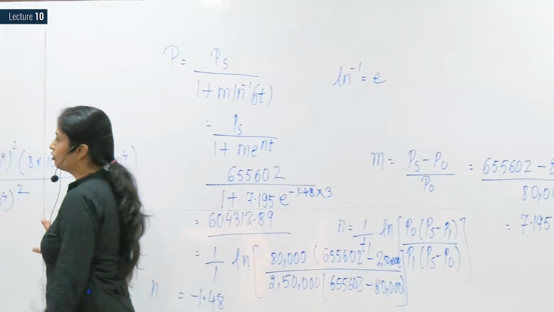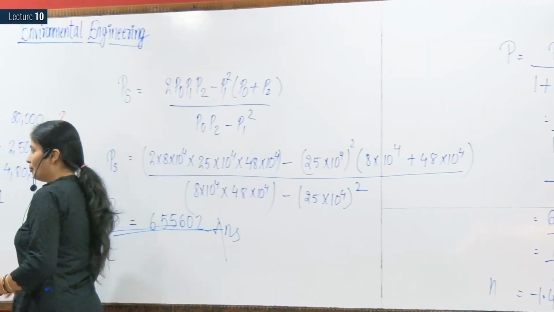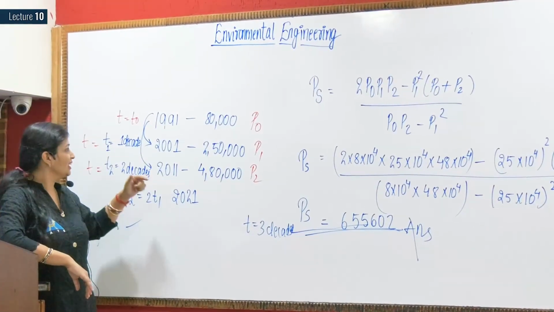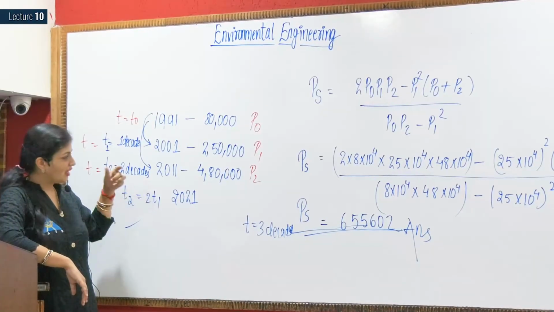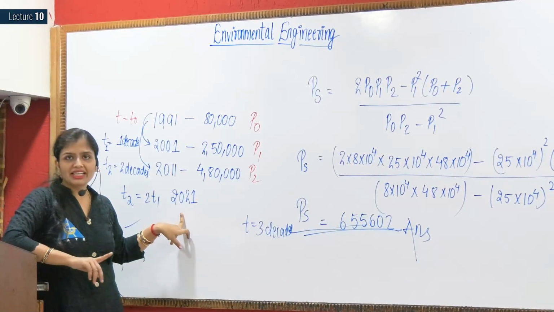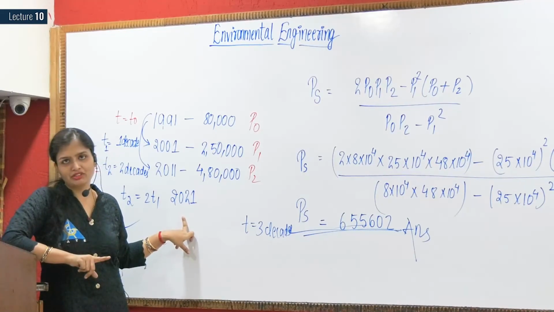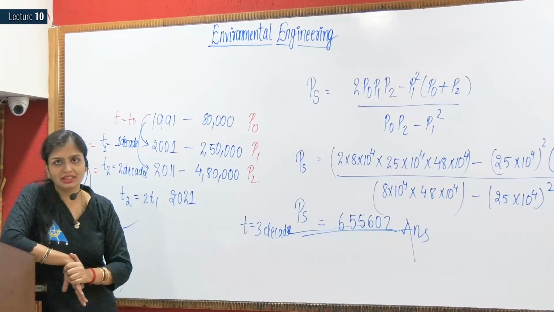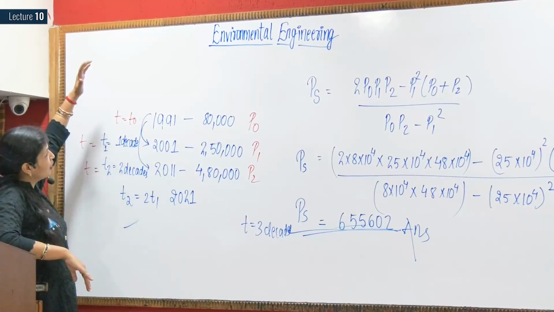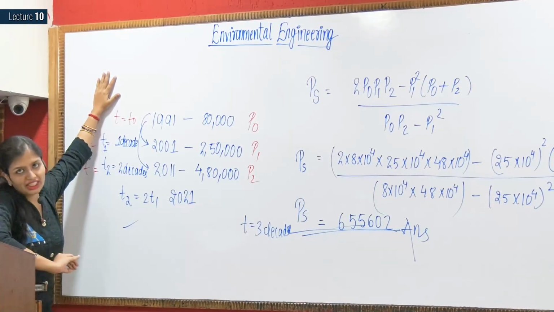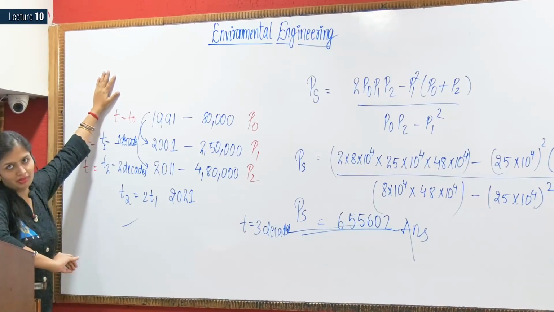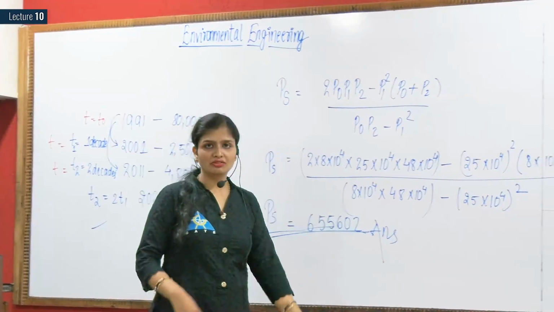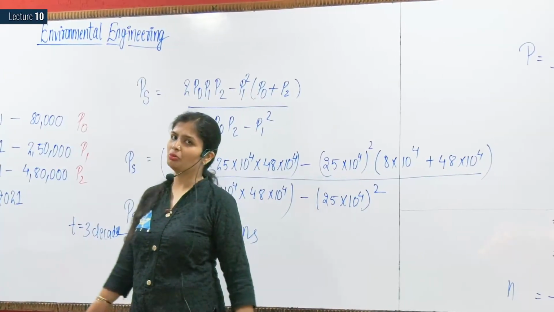The thing is that you should be clear about how to use the formula, because every time students make a mistake in the logistic curve method. If I had asked you in 2021, you would have taken t as 1, 1 decade. No, my dear. Always remember this. I am telling you, I think for the 10th time, that always take it from the base year. Every calculation is done with respect to the base year. That should be clear to you. Fine. So I guess now you'll be able to apply this logistic method for any question on population forecasting.